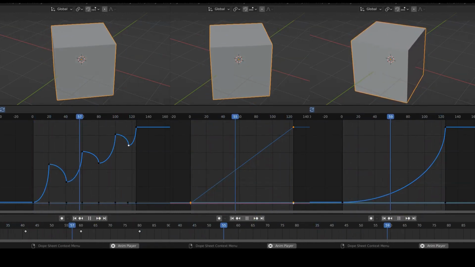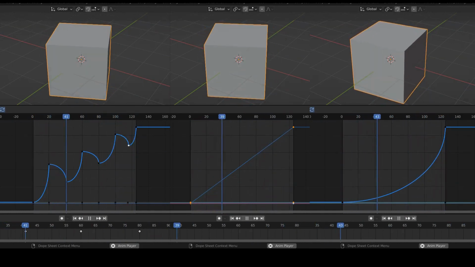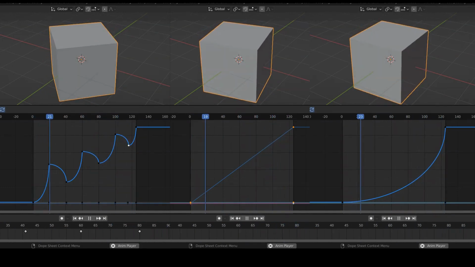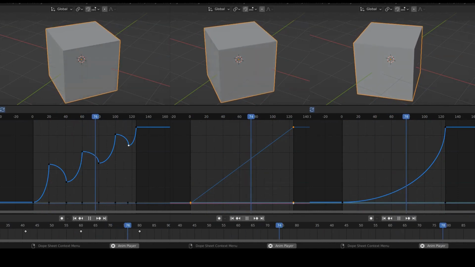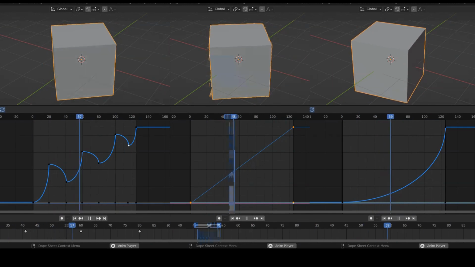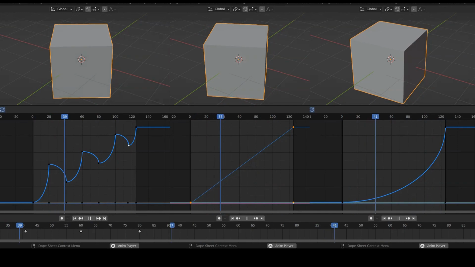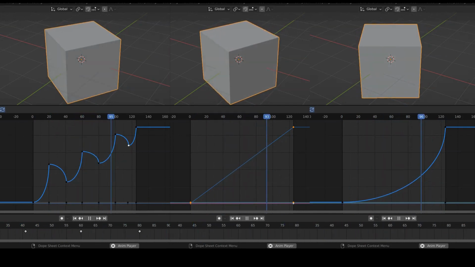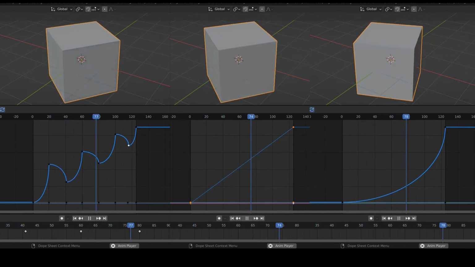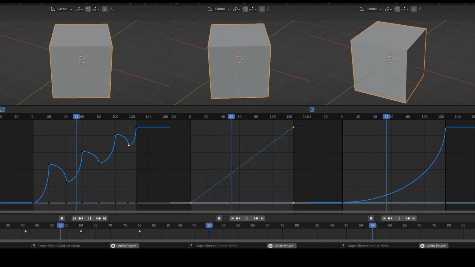The rotation time is mapped within the range 0, 1, where at the instant 0 we have the initial value, and at the instant 1 we have the final value. Intermediate values in the range correspond to the values given by the chosen interpolation. In the examples, the cubes all rotate by 90 degrees in 5 seconds. However, at the 4th second of the animation, which corresponds to the moment 0.8 in the range 0, 1, the various cubes will have different orientations because their interpolations are different.